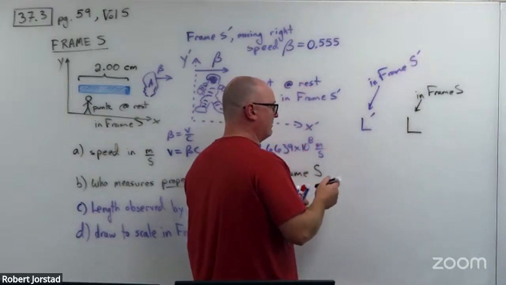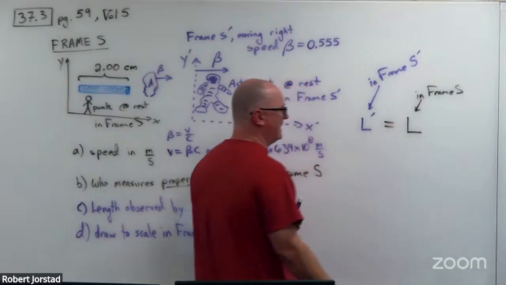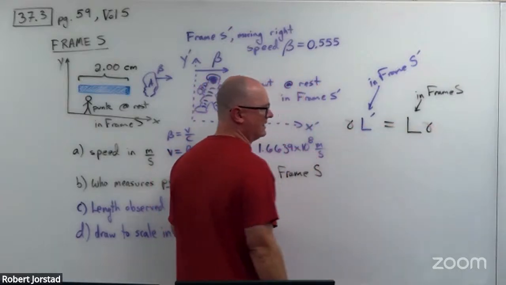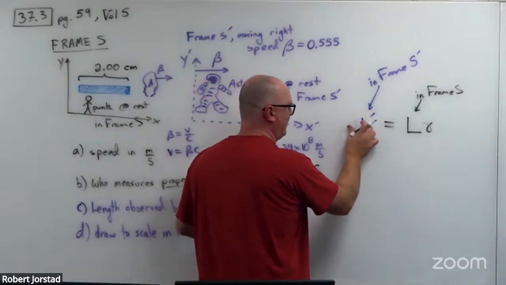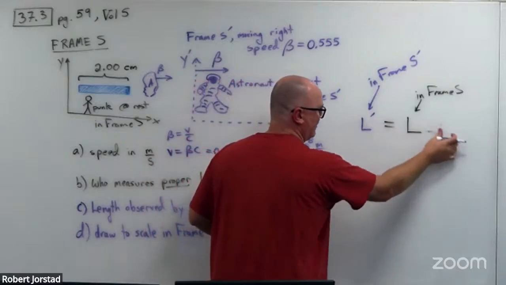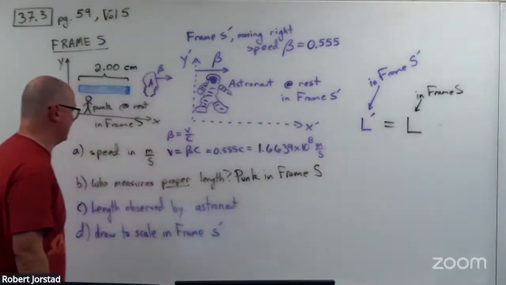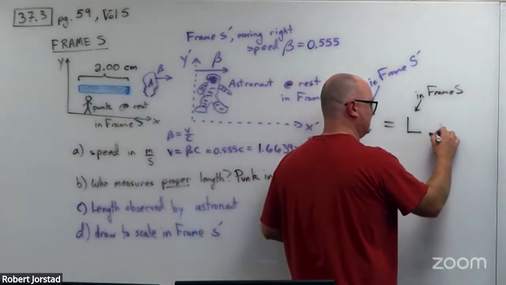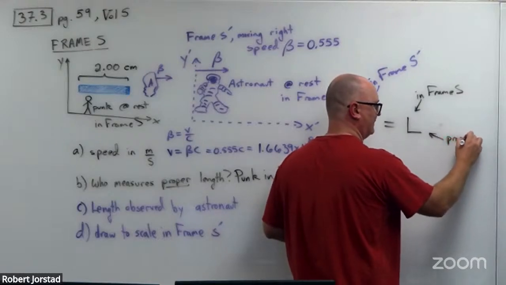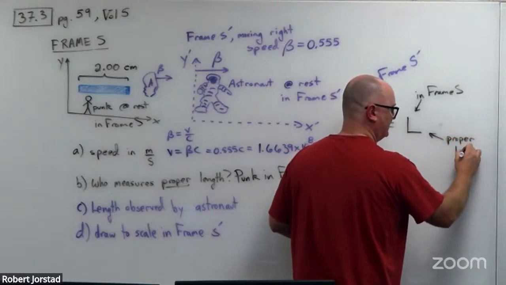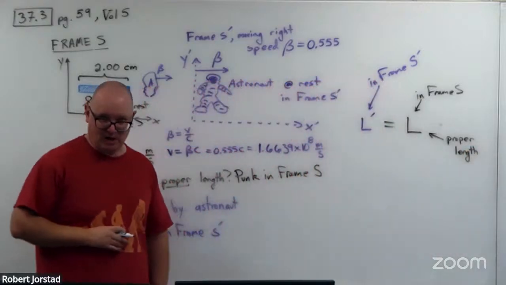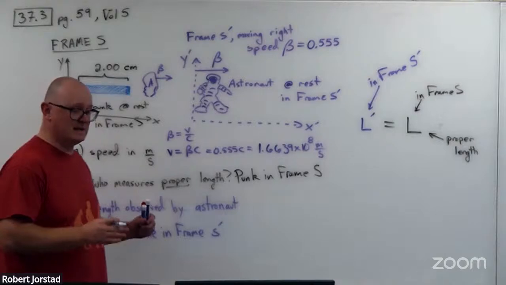Now, they're going to be related, and I either need to put a gamma here or a gamma here, something like that. Or you could say, where do I put gamma is the question. Well, let's think. This one, the proper length is right here. So I'm going to mention in this case, this is the proper length, okay? I don't want you to blindly assume S will always give you the proper length, okay? You got to read and think about that